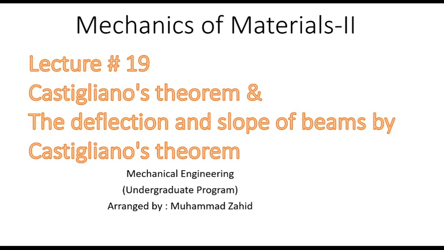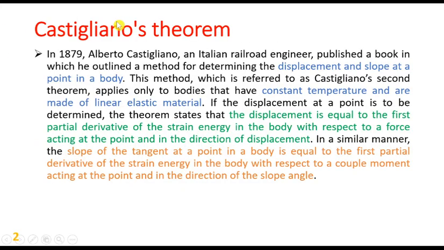Bismillahirrahmanirrahim. Today we will cover lecture number 19 of Mechanics of Materials 2, and in this lecture we will discuss Castigliano's theorem, its basic understanding and derivation, and then the deflection and slope of beams by this method. So, Castigliano's theorem: in 1879, Albert Castigliano, an Italian railroad engineer, published a book in which he outlined a